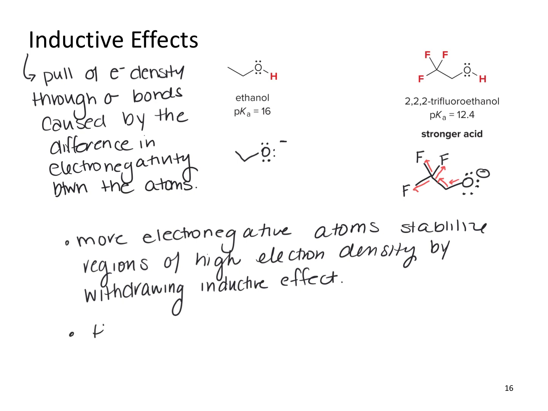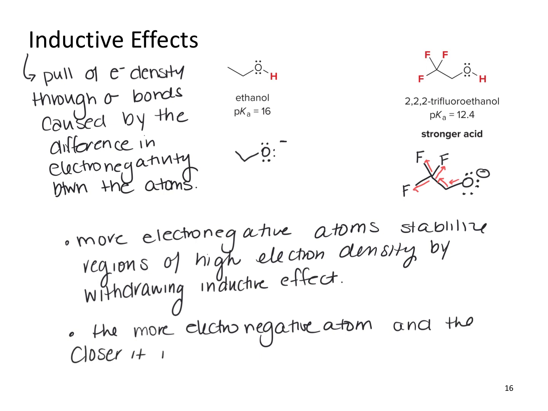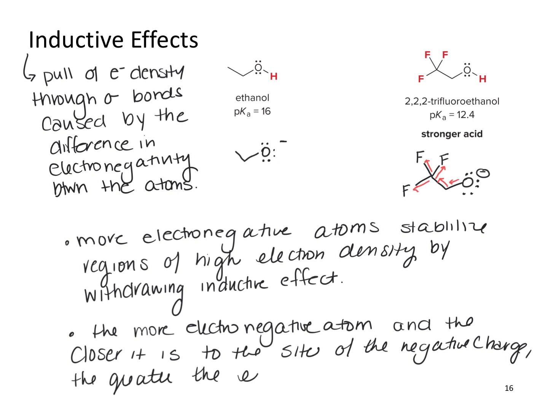And even so, the more electronegative the atom and the closer it is to the site of the negative charge, the greater the effect. Right? So we see this because this is a stronger acid because these fluorines withdraw electron density and it stabilizes this negative charge. Now, there are other things that can stabilize the negative charge, and one of those is